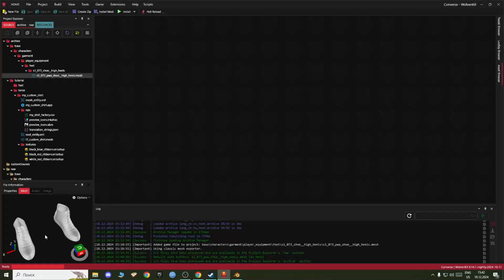I've used it myself personally for gloves, because I couldn't find some good gloves to replace, so I just took a skeleton from a mod that covered the entire body and replaced it. Okay,